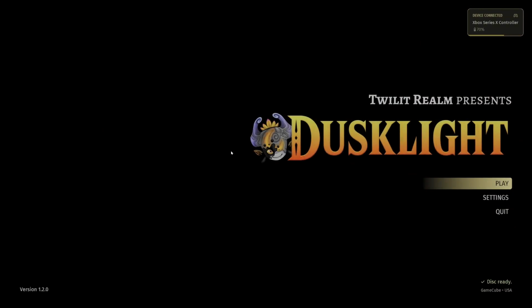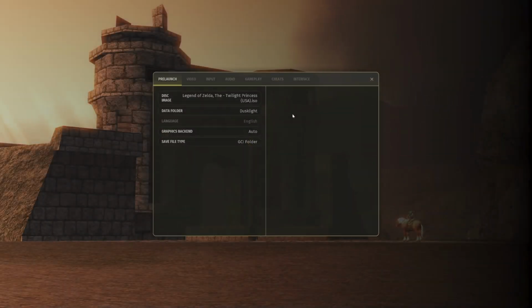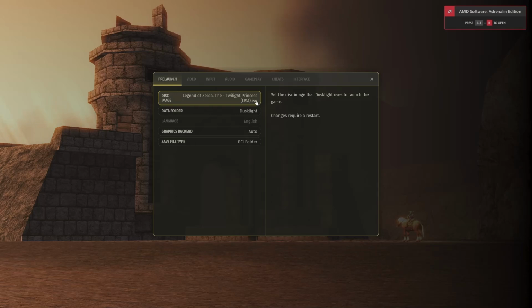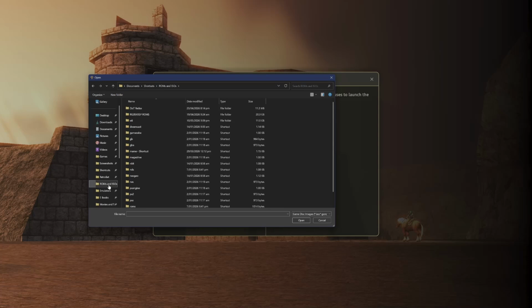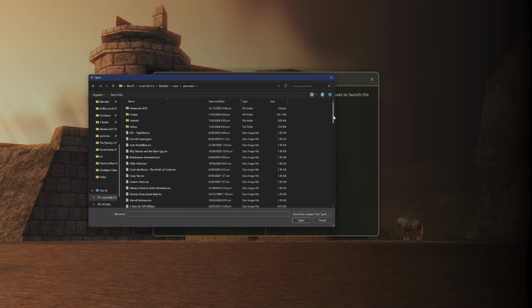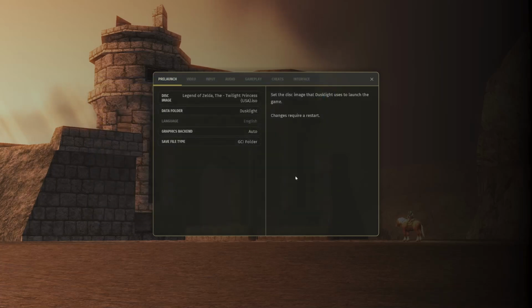Click on the exe file and then go into settings. First of all, we have to locate our Zelda Twilight Princess ISO. It has to be the GameCube version of the game. So go ahead and locate your GameCube ISO file. Mine is with all my other GameCube ISO files. Now this will likely require a restart of the game, but once that's done, you can now go into interface